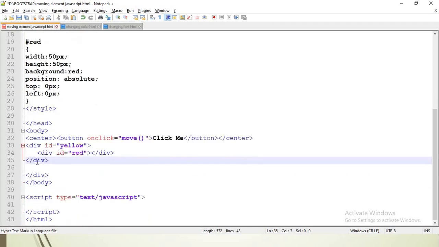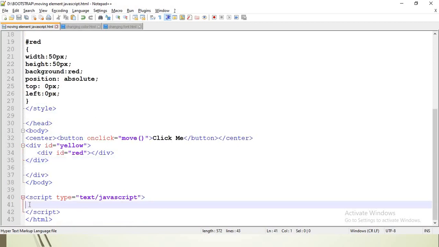Now div tag is also ready and style tag is also ready. What is remaining is the script tag to write the function. So what is the function name we have given here? That is the move function. So I declare the keyword function move.